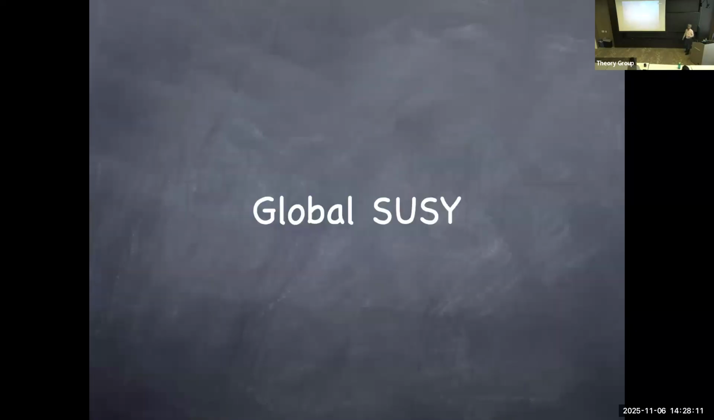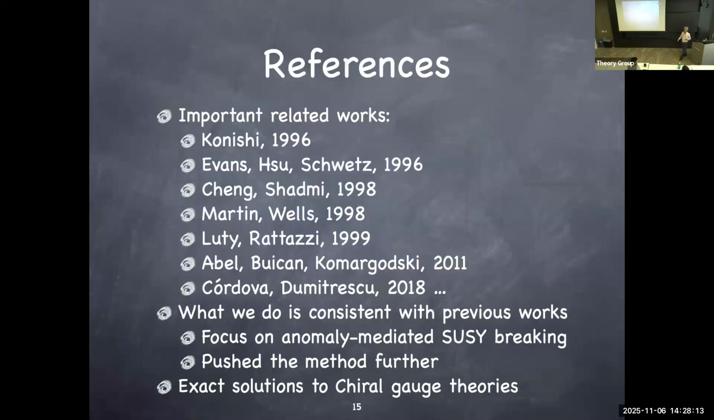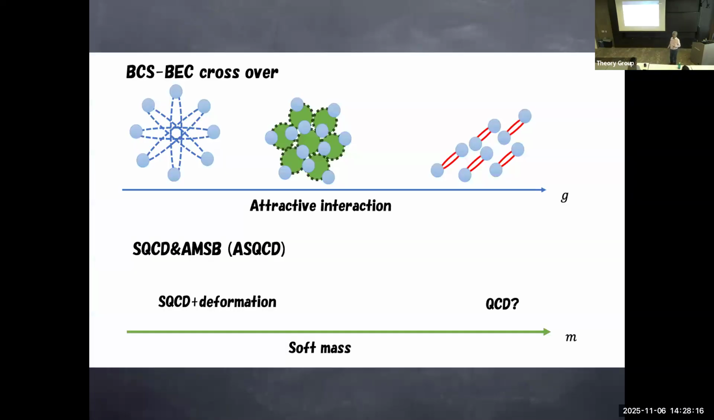Okay, so before getting into, yes. Sorry, in that last picture, when you're transitioning, when you're turning on a little bit of SUSY breaking, do you already get this transition, chiral symmetry breaking, even from an infinitesimal amount of SUSY breaking, or do you need to break like a...